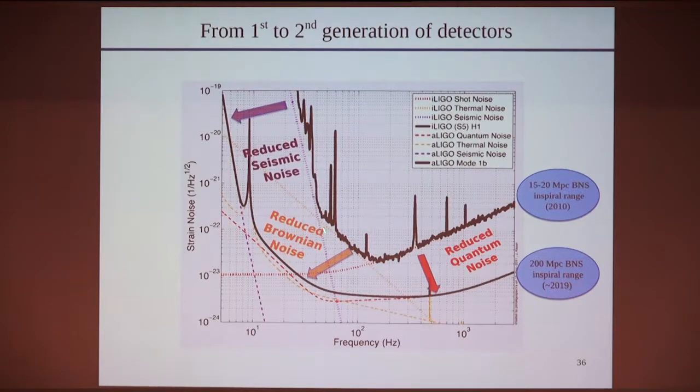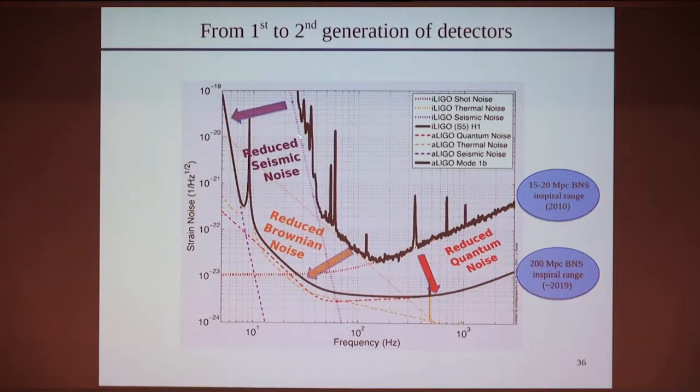This curve was limited here by seismic noise. At low frequency on Earth, you're limited by seismic noise, below a few dozen hertz. So there was a huge work on the isolation of the mirrors to reduce the seismic noise down to a few hertz. Now we are limited at almost here.